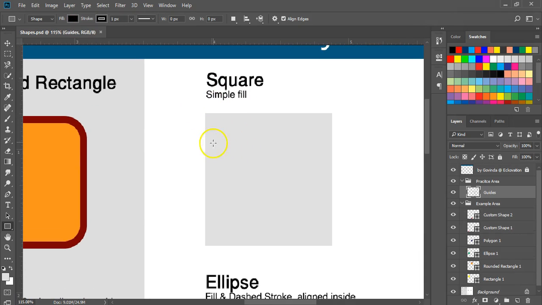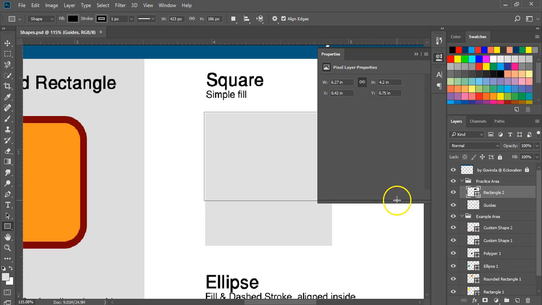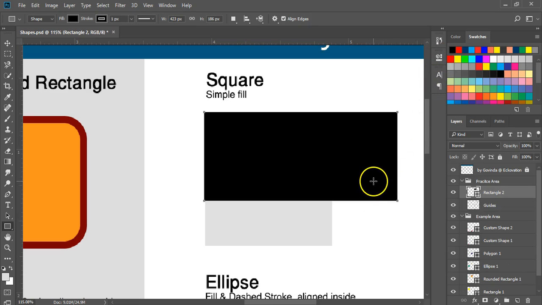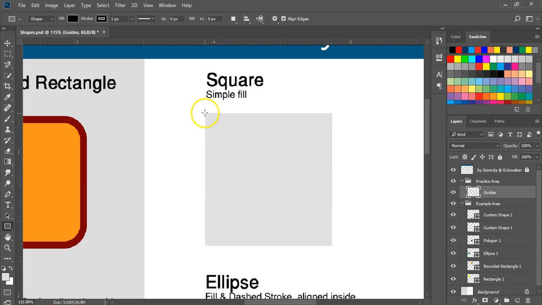Like we did with the marquee tools, click and hold on the top left corner of the square guide with the rectangular shape tool active and slowly drag to the opposite corner of the square guide. You can see the thin outline that we are creating in the shape of the rectangle. And as you might have guessed, this will be the shape of our rectangle if we release the click at this moment. And we can use the shift key to create a perfect square. And we can also use the spacebar key in combination while still holding the click. We can move the shape to another location if it is desired. Anyway, move the mouse to the opposite corner of the guide and release the click to create your shape over the guide.